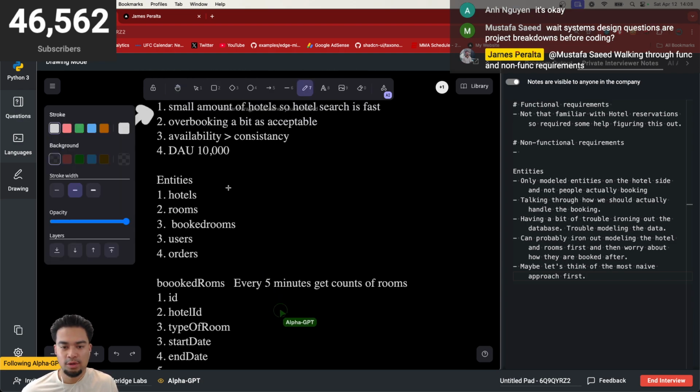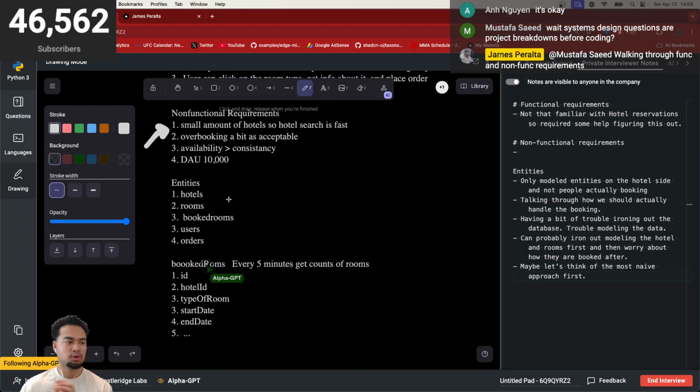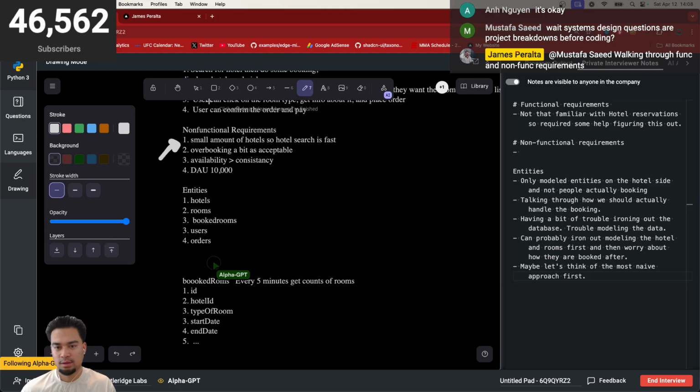Wait, so how are we modeling the hotels and rooms first, right? Okay, so hotel. Yeah, maybe let's think about it from the hotel side, how we're going to model it, and then after, on the user side, how we're going to choose from that and actually book it. Yeah. So for the hotel,